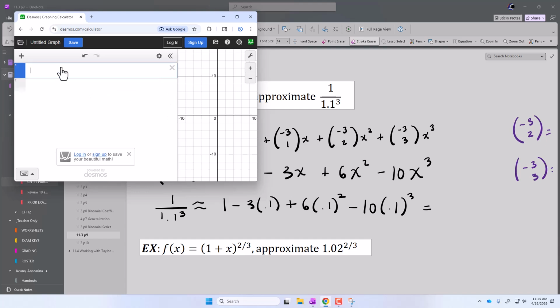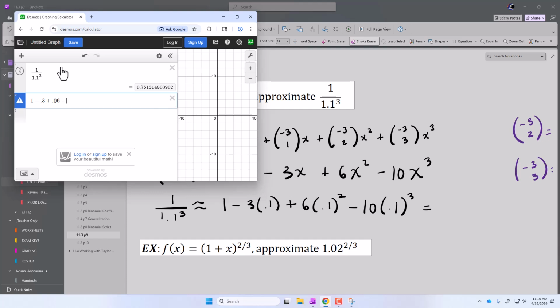So we have 1 over 1.1 cubed. That's what we're approximating. We're going to approximate it with 1 minus 0.3 plus 6 times 0.01, so 0.06,